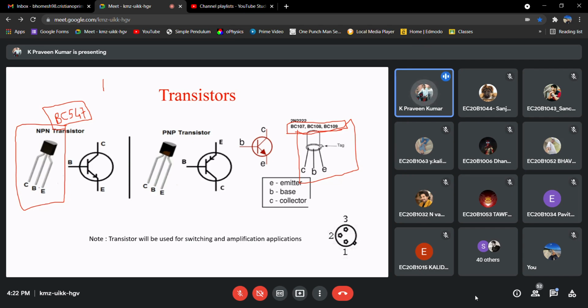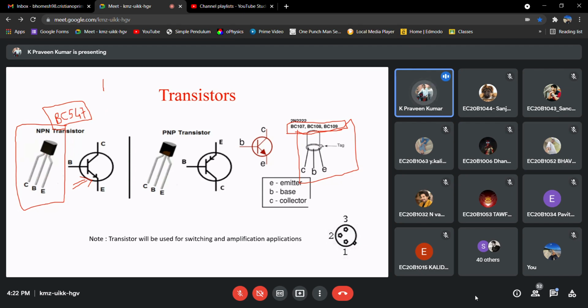So this is the basic pinout, how to find the emitter, base, and collector. This is the symbol, but if you are given a BC547 or BC548 transistor, whatever it may be, how do you find the emitter, base, and collector?